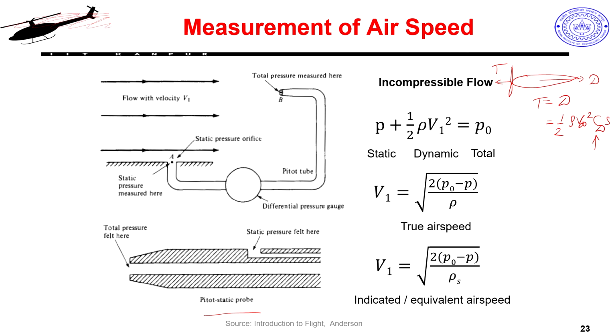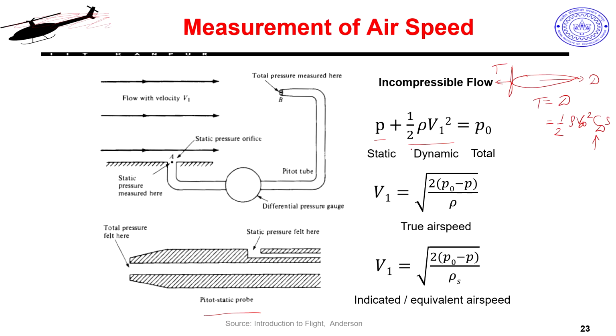Some of you may be familiar with Bernoulli's equation. That is basically your energy conservation, that is your pressure energy plus your potential energy plus your kinetic energy of a fluid system should be constant. The same idea is here. We will not worry so much about potential energy, we will only worry about pressure energy and kinetic energy. So, total energy in the incoming flow is the static pressure plus the dynamic pressure, and that total pressure is measured by this main central orifice. This will be connected to maybe a manometer, or nowadays digital pressure sensors, which will sense the pressure.